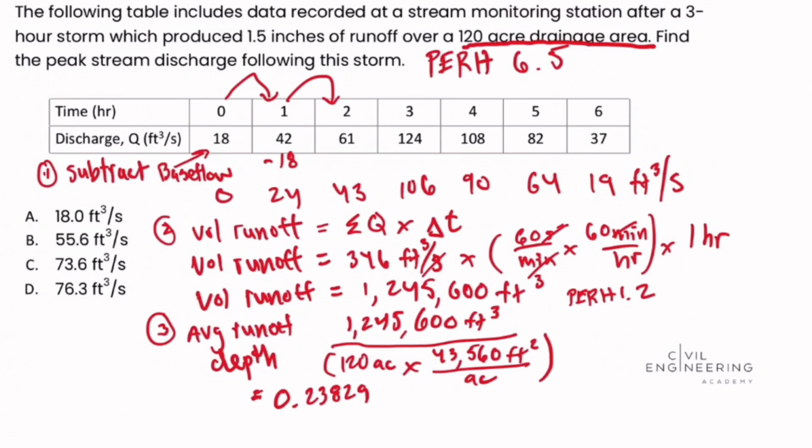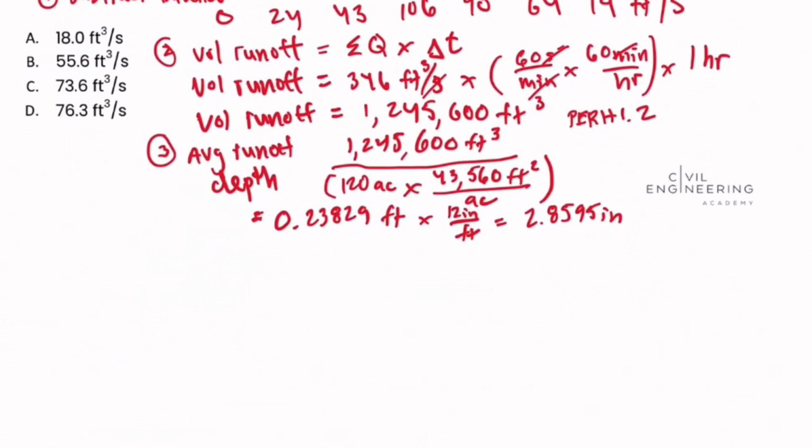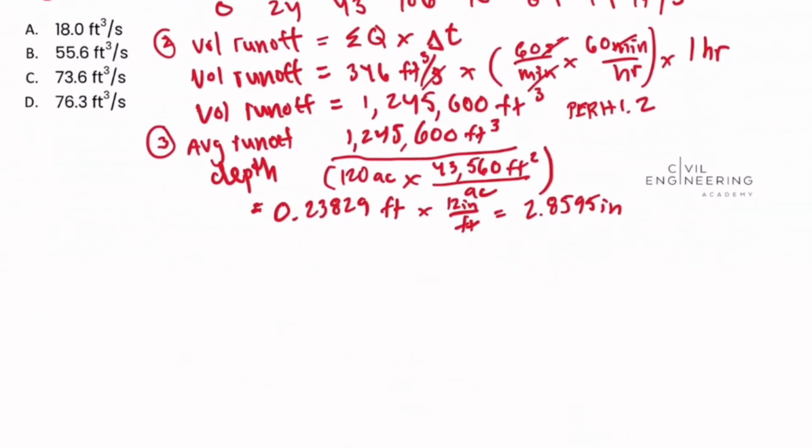0.23829 feet. And we want it in inches because runoff is typically measured in inches, so we will just multiply that by 12 inches per foot, and that gets us an average runoff depth of 2.8595 inches. So then from there, what we'll do in step 4,